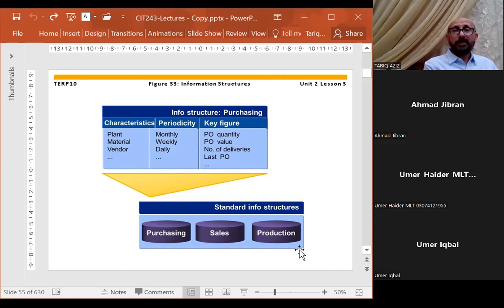Then you have periodicity, any periods: daily, weekly, monthly, yearly, quarterly. Those kinds of values are available in that table. And then we have key figures. Key figures are the ones that you can use for counting or calculating: adding, subtracting, multiplying. This type of data is available in purchasing, sales and production information systems. And by the way,